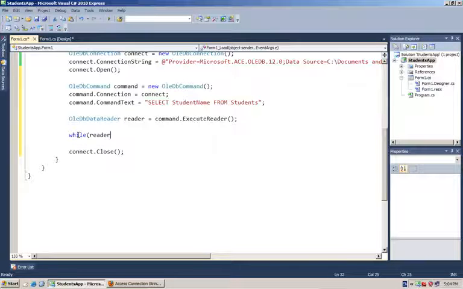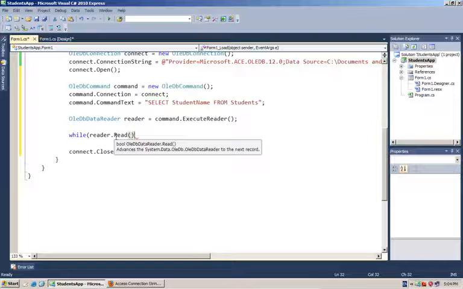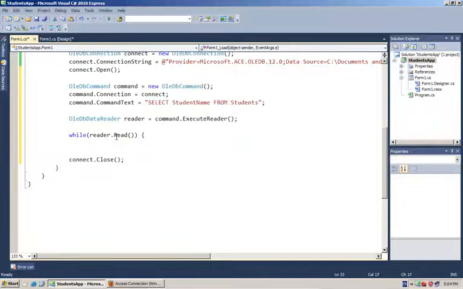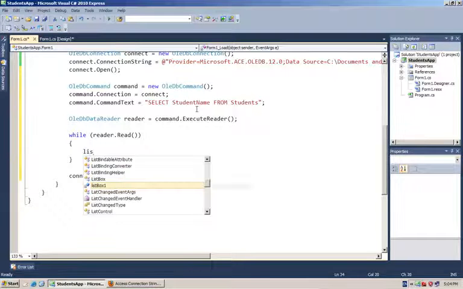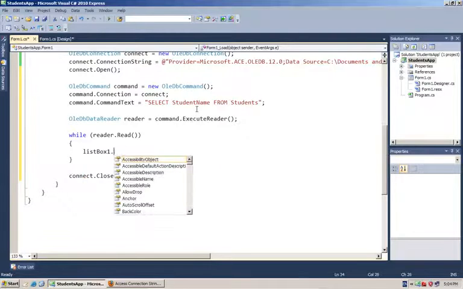So by default it is always pointing to the beginning of file, that is not the 0 record but the -1 record. So this method is used: Read. What this method does is that it will advance the pointer to the next record, and in case there was a success, in other words, if there was a record existing, it will return a bool, just like you can see over here, and otherwise it will return a false. So it is safe to use it in a while statement. Now what we'll do here is we will list